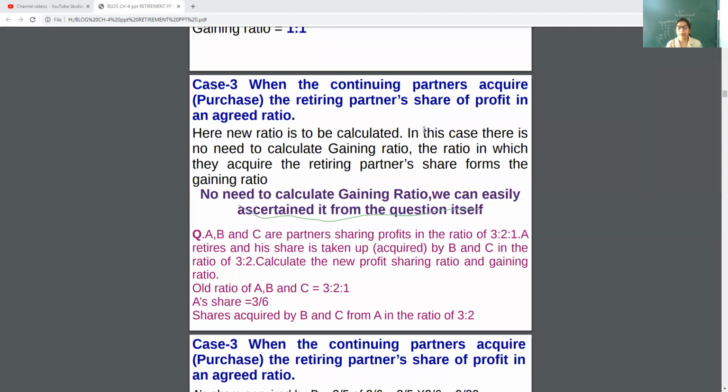So in this case, this is the third case. So in the third case, what is the new one? See, in the first case, limited information about the old partners' share is given. In the second case, old and new both are given. And in the third case,